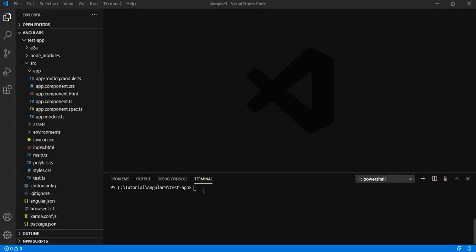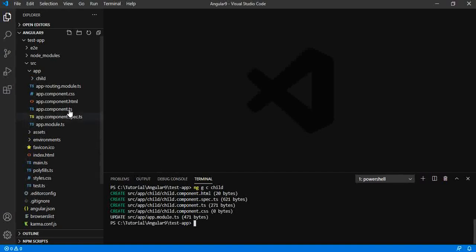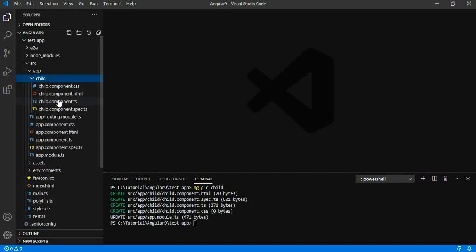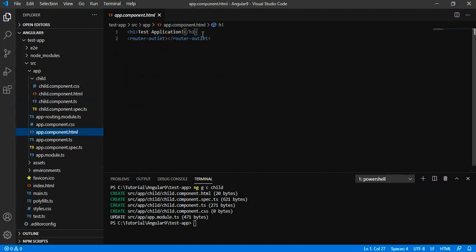Let me create a new component that will be the child component. And we will use this particular selector inside app.component.html.